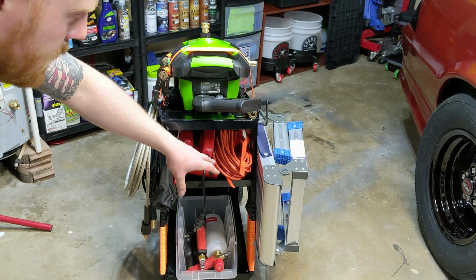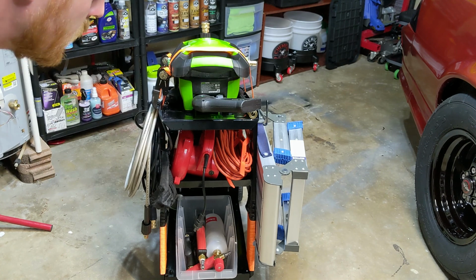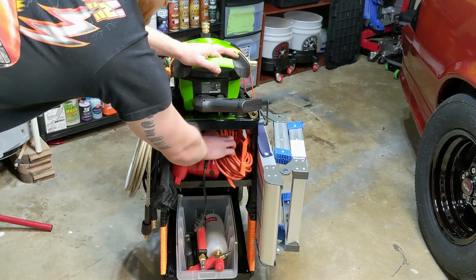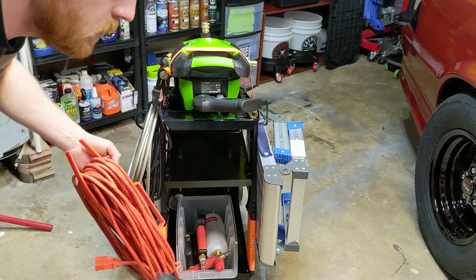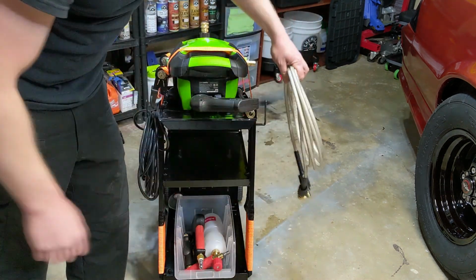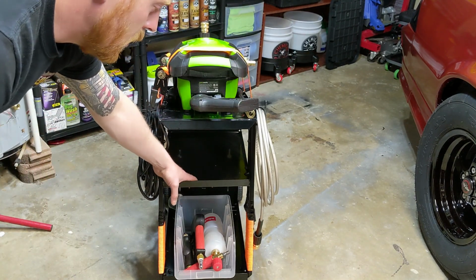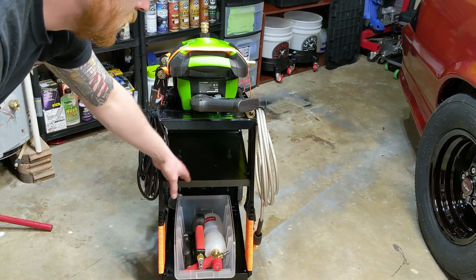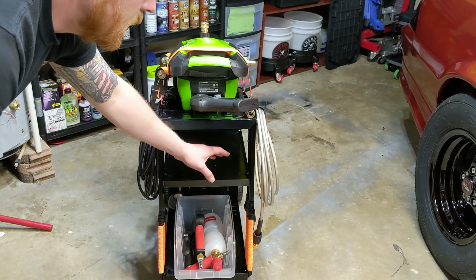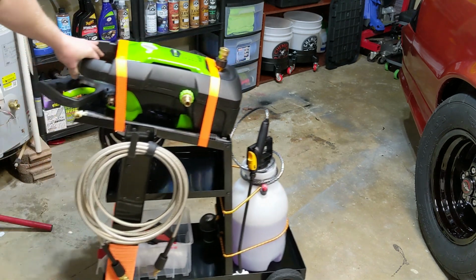The reason I don't really plan on it, at least not electrical stuff here, is because it's going to be underneath of the pressure washer, and if it leaks any water down, I don't want it hitting this stuff. So this is just kind of an example of what you could do. But as of right now, I kind of like it with the pressure washer hose on one side, the electrical cord on the other, and then I can put wash chemicals here if I wanted to, whatever I'm cleaning at the time, whether it be wheels and tires, wheel wells, just foam cannoning the body, whatever it is. I think it's a very versatile and easy and affordable way to